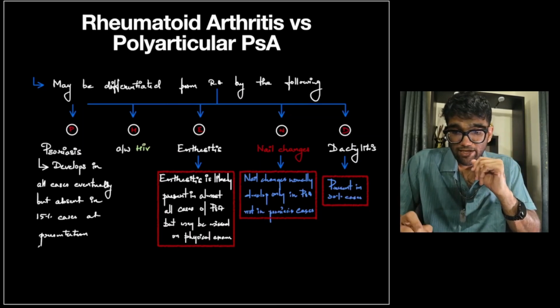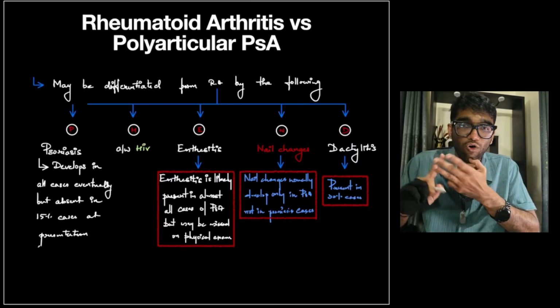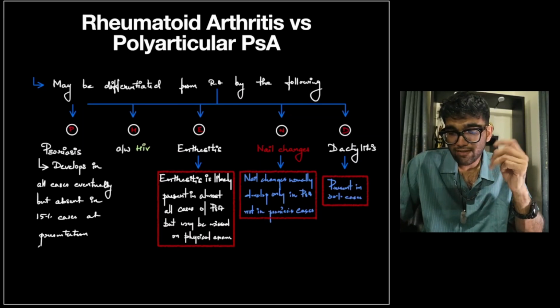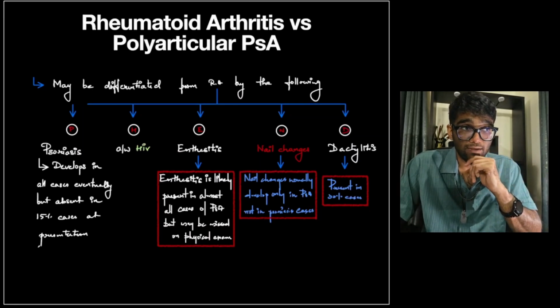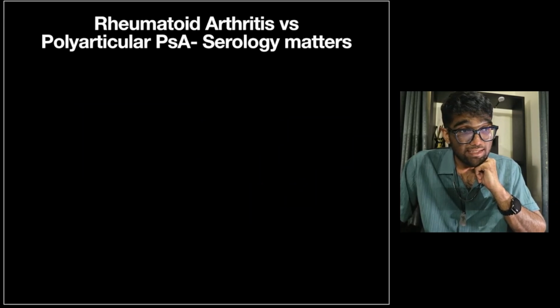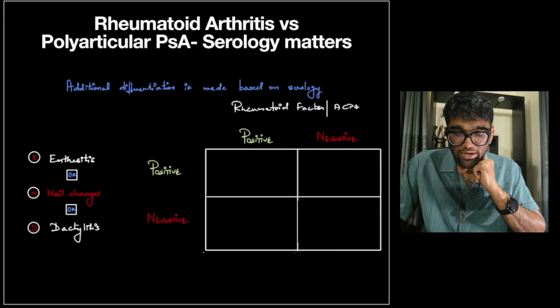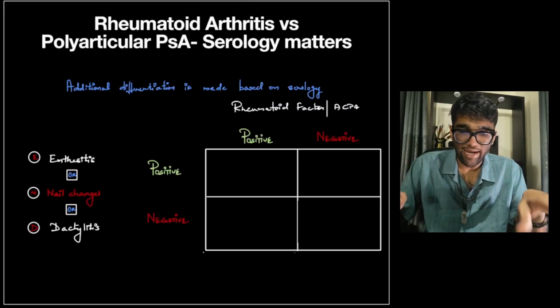So again, E, N, and D, that is END, is usually the end of the discussion. Okay, so if you have all 3, that is, you have enthesitis, you have nail changes, and you have dactylitis, then you are dealing with psoriatic arthritis, even if the serology is positive for rheumatoid arthritis. Now, if none of these things is there, then what we do is, we send a serology. Then you again re-examine the patient for any evidence of enthesitis, nail changes, or dactylitis, and